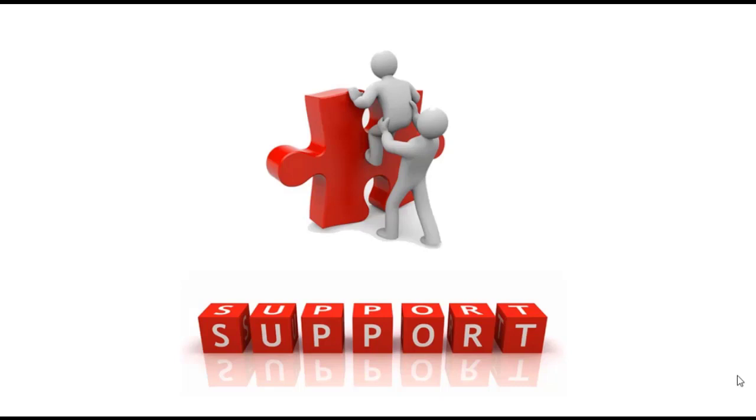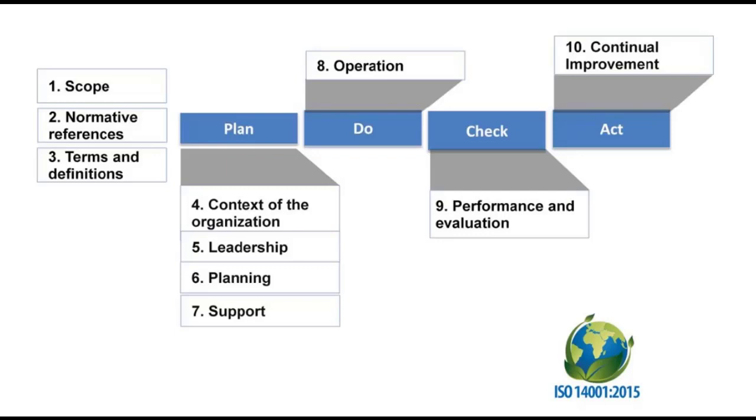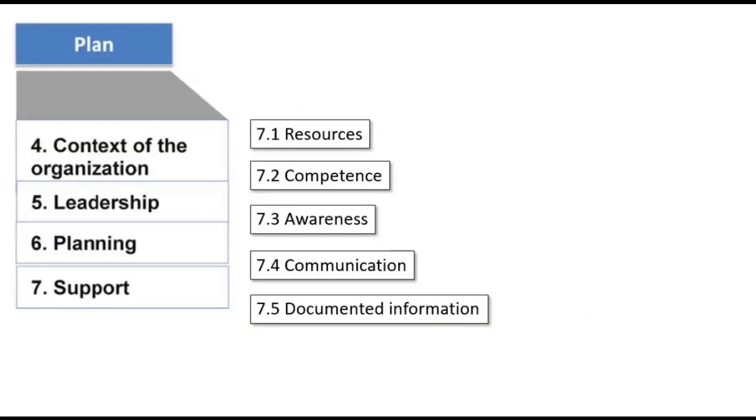Today we'll continue our lesson on the ISO 14000 requirements under Clause 7 supports. We already finished Clause 6 planning in the previous lecture, so today we'll continue on Clause 7 supports. Under Clause 7, there are 5 subclauses, which are 7.1 resources, 7.2 competence, 7.3 awareness, 7.4 communications, and 7.5 documented information. Clause 7 support is all about the execution of the plans and a process that enable an organization